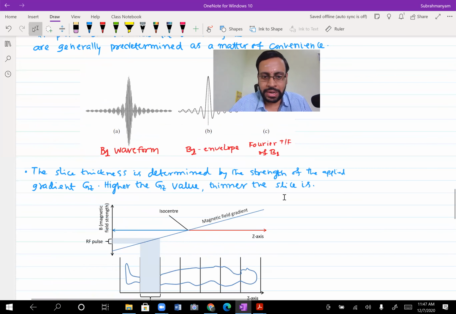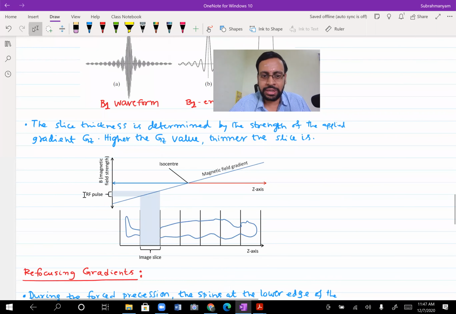Okay, I hope you are getting this picture. So this is the magnetic field gradient. This you could think of as the B naught value here. This is on top of it. Whatever you are applying is coming here. This is your B1. This is your gradient field. This is your B0 field. This is your B1 field. And that's telling you where you are getting the slice and the width of that slice as well. How thick is that slice as well? Is everybody with me?